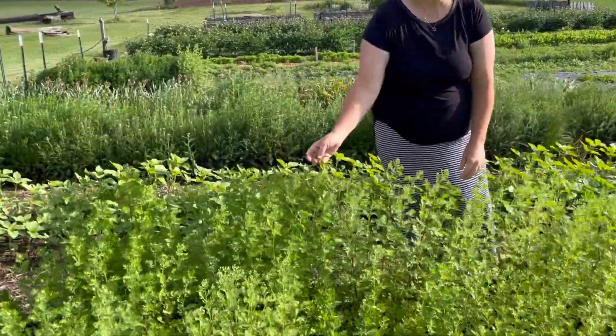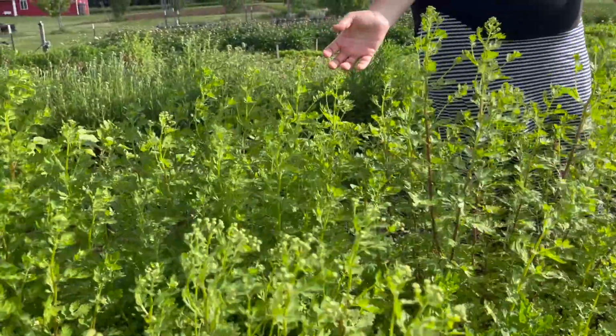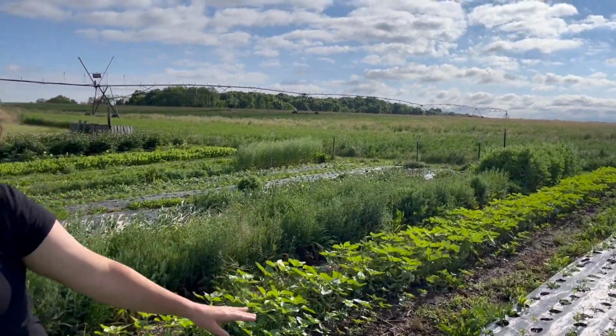This is Feverfew here. Like I said, it perennializes here pretty well. I'm kind of letting it go. This is its 3rd year. We're going to see how many years it'll keep coming back. It looks gorgeous. I don't have tons of it, but it's really beautiful. And beyond that is some